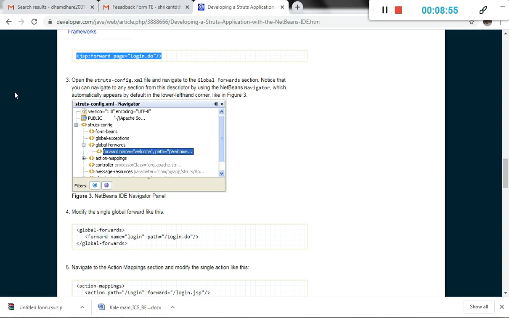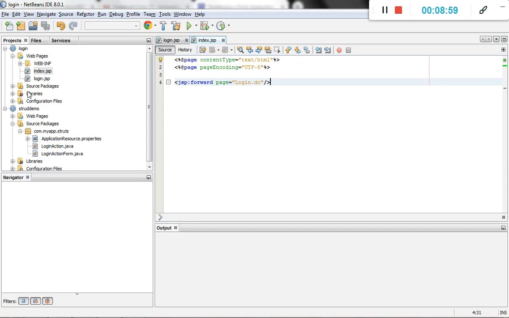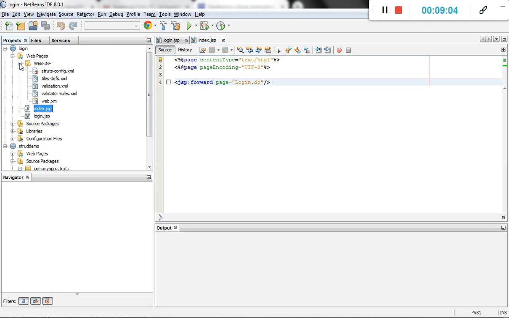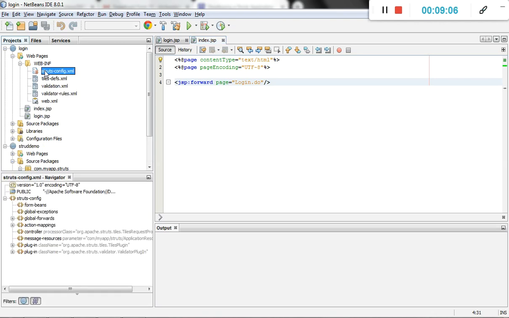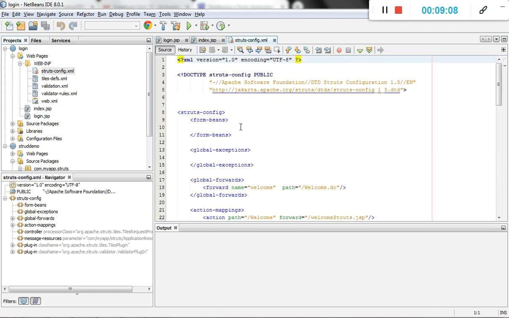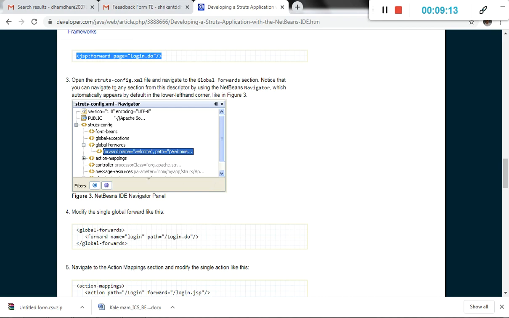It comes under the struts-config.xml navigator. We will open this file and we want to change the global forward.